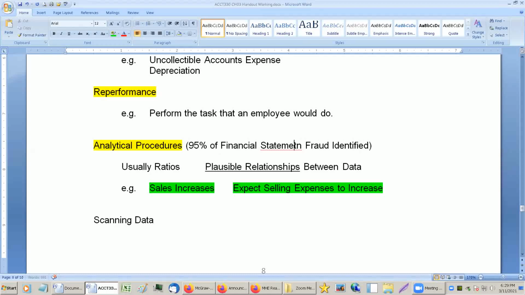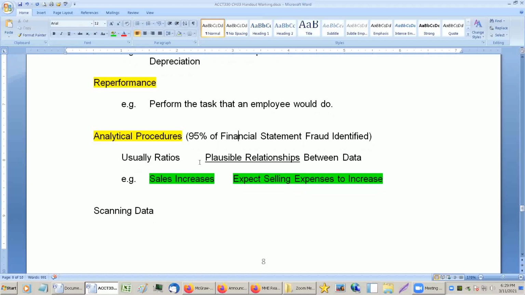And again, first of all, that's not spelling financial statement fraud. They're not generally themselves evidence. However, they are used for identifying things that you need to look at. When someone's cooking the books, a lot of times it's not going to make sense. For instance, if they put a fictitious sale on the books, okay, well, so they put accounts receivable for some fictitious amount, they're not going to collect that. So there's going to be some kind of a